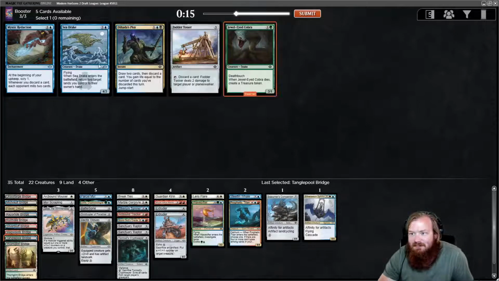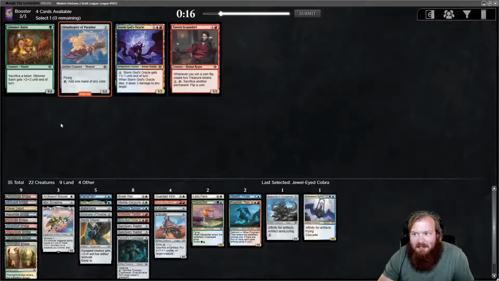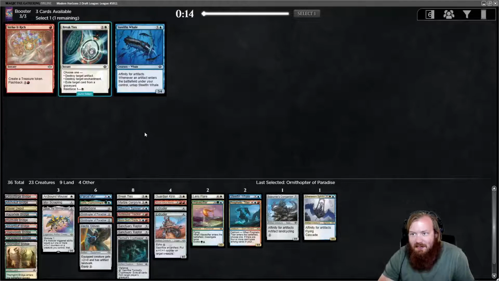I don't know what I take here. I really don't know what I take here. I guess I'll put a Jewel-Eyed Cobra on the side. I can take another Ornithopter of Paradise. Not particularly fond of that, but it does make it easier to cast our other stuff, so...